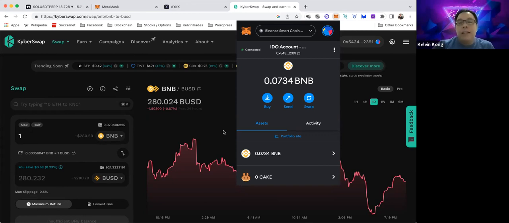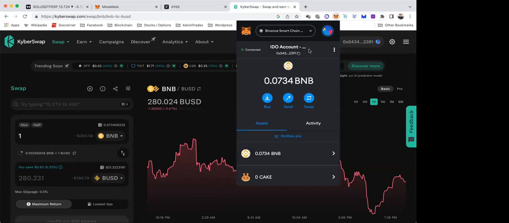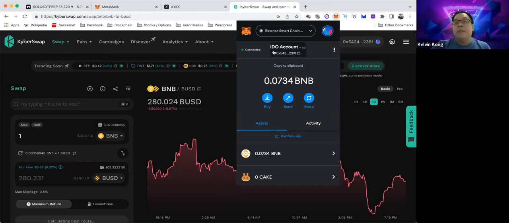The cold wallet, as I said, is for you to store your coins until the bull market comes back and then sell it off, right? It's not for you to go in and out, in and out. So for the in and out part, I use my MetaMask because I can use it to trade, especially when I participate in initial offerings, those IDOs, ICOs, whatever we call them. That one you definitely need a MetaMask to connect to those